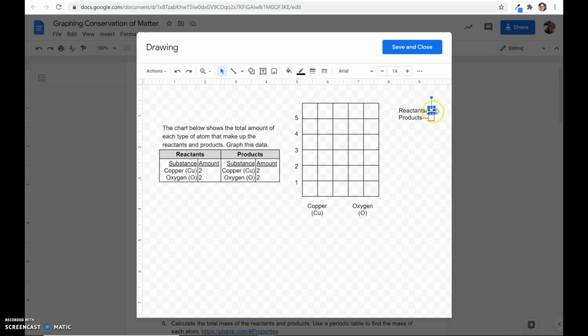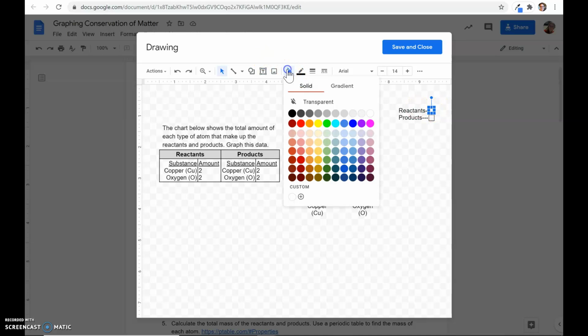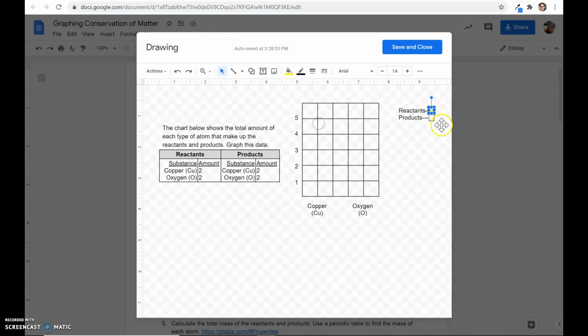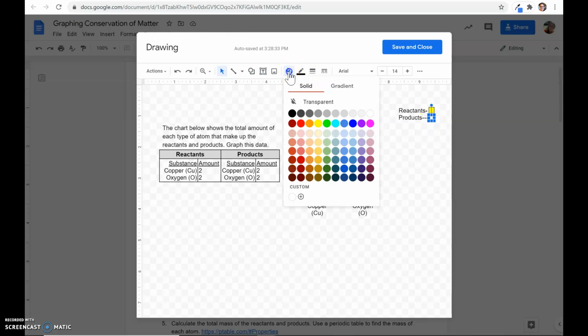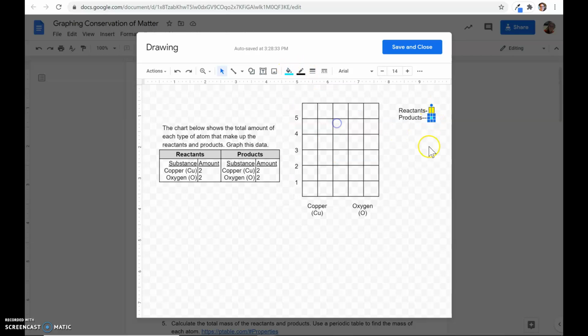And it's going to change, and I'm going to change the color of it. So I want to color code these. I'm going to do the reactants as yellow, the products as, let's do them this light blue. Okay. Now I'm going to come over here and it tells me in this table what we just found out,